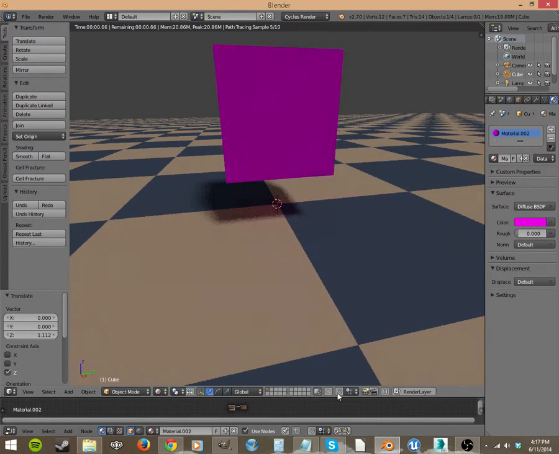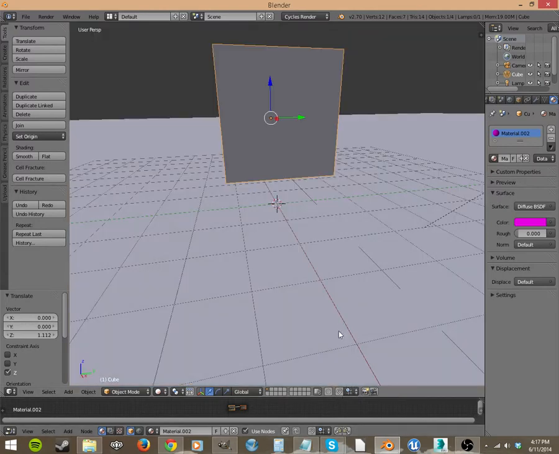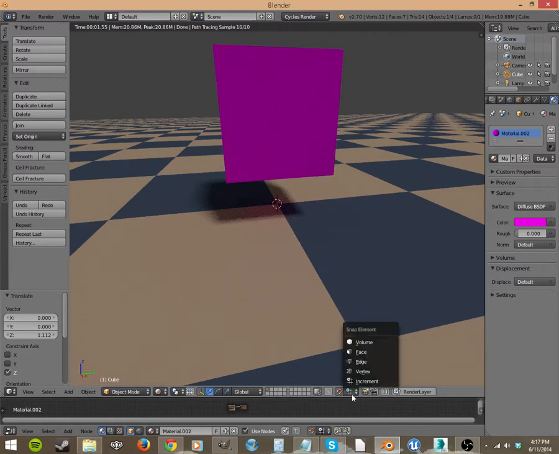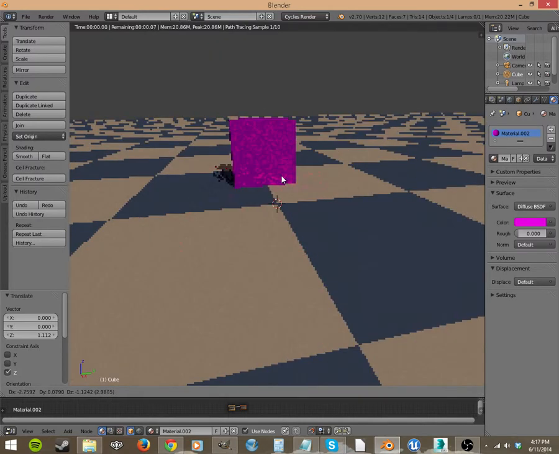So let's lift it up. Let's hit this here, this little magnet. And I can do this for you so you can see it better. That magnet there. Let's hit that button. And now we have it on increment. Let's go ahead and set it to face since we got a big plane here. Just gonna grab this, and now